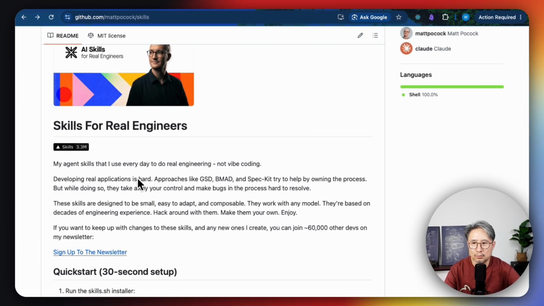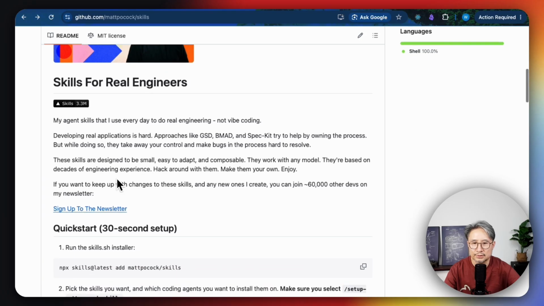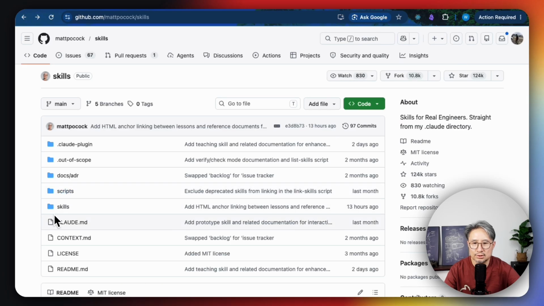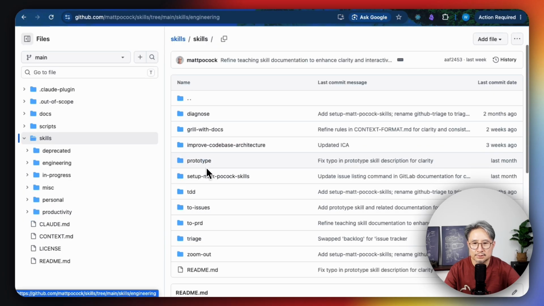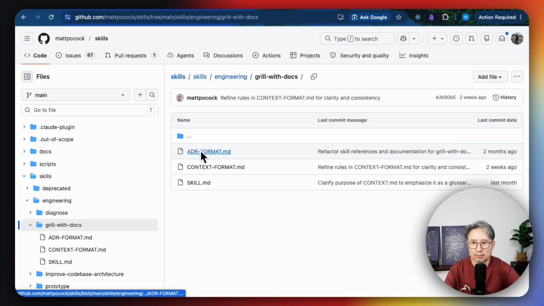So a quick word on why this and not a full system like SpecKit, BMAD, or GSD, which tend to own your whole workflow. When something breaks inside them, you end up debugging their system inside of yours. These are the opposite. Each skill in this project is a short markdown file, and you trigger it only when you need it.